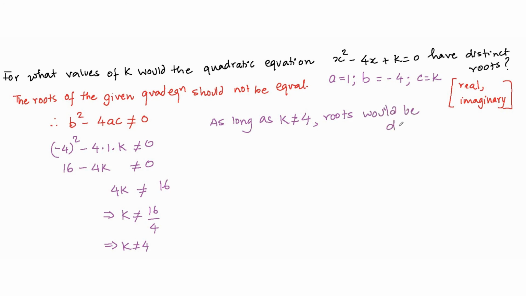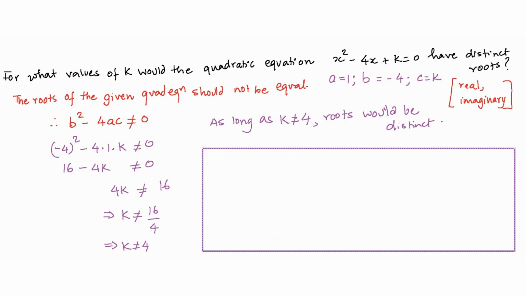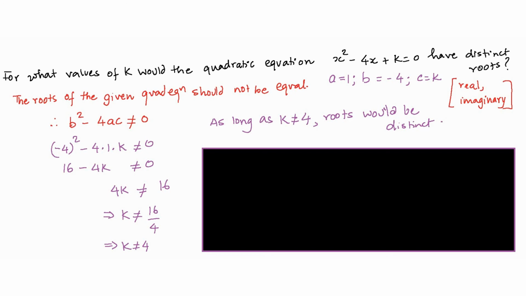Now of course in this case, k can either be greater than 4 or k can be less than 4. So if k is greater than 4, then you might have one set of roots, maybe real roots or imaginary roots. And if k is less than 4, then you will have the other type of roots. Let me just explain it in more detail. Let's first find the discriminant of this, right? So what is the discriminant of this particular equation? The discriminant is 16 minus 4k, right? Now if k is greater than 4, then the discriminant will be less than 0, right?